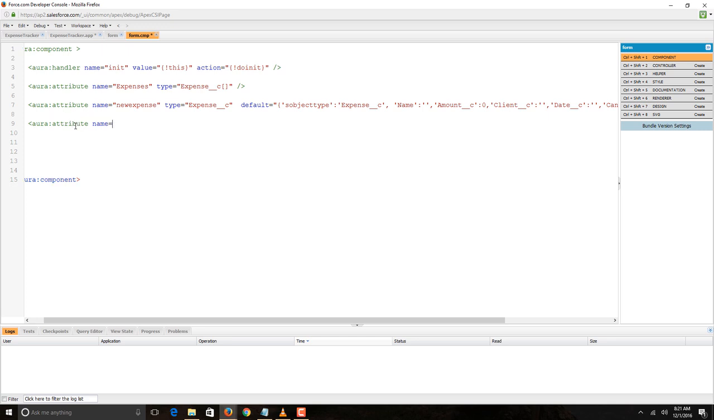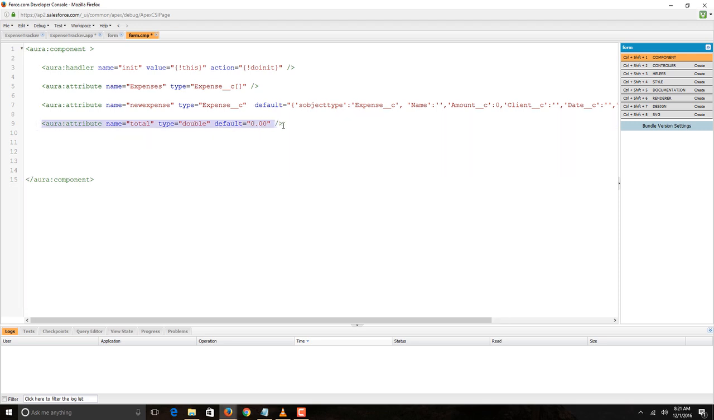Let's say I name it total, and type equals double, because an expense can be in cents as well. And let me provide some default value as 0.00. Okay, we will create one more attribute,